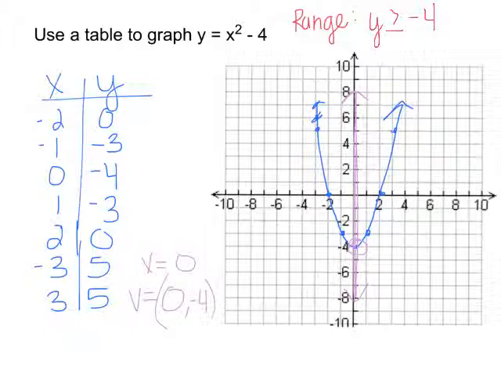And my domain is just going to be all real numbers. So my range is based off of my minimum point, or if the parabola was flipped upside down, then it would be based off of my